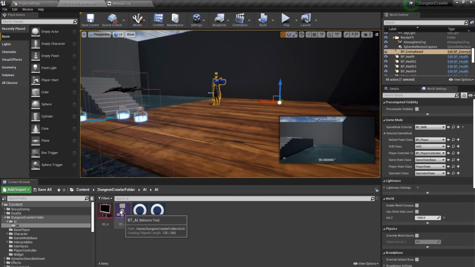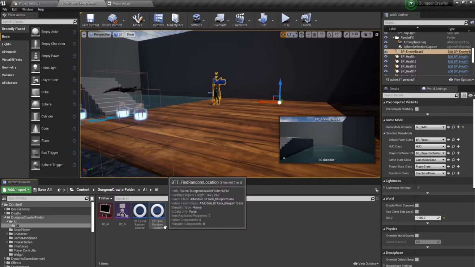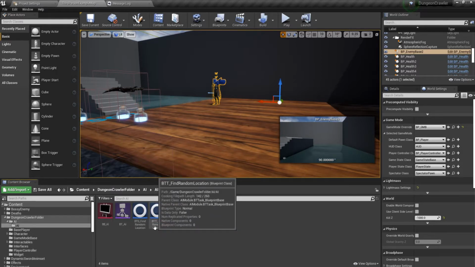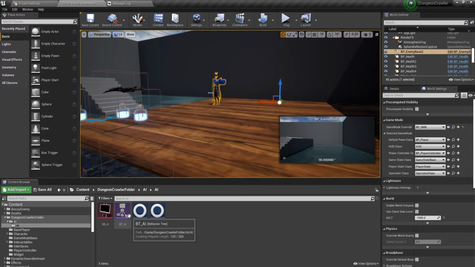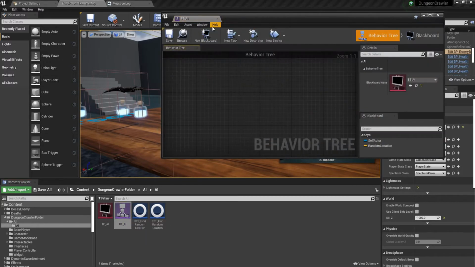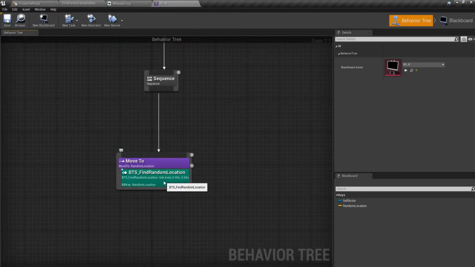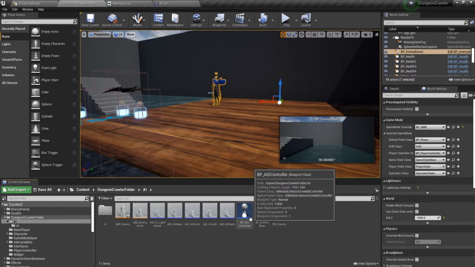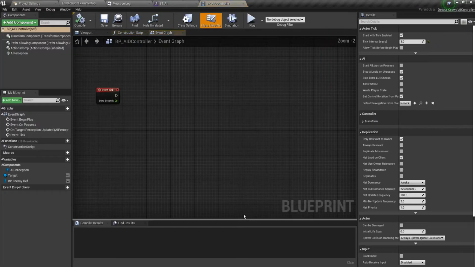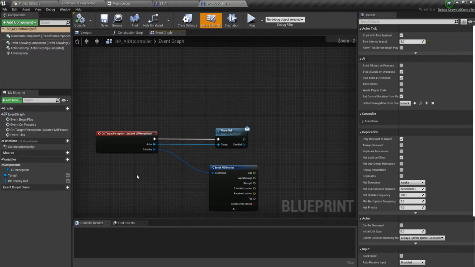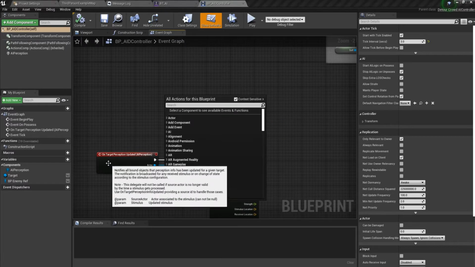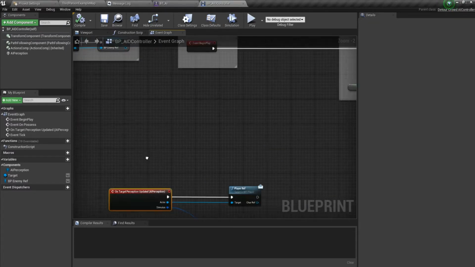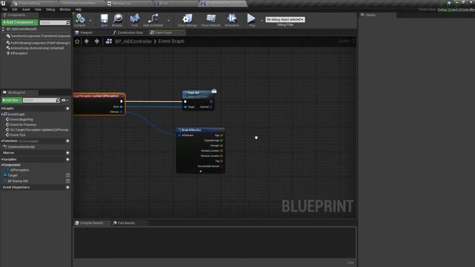In the dungeon crawler under AI, inside AI, and then again inside AI, let's open up our BT AI, and over here we just have this. So let's go to the AI controller, and over here we already have our on target perception updated. So from here what we should be doing is